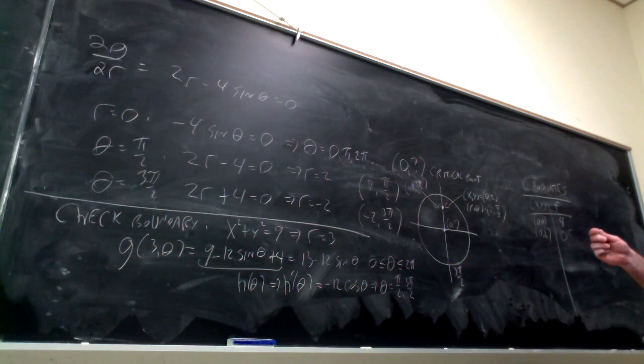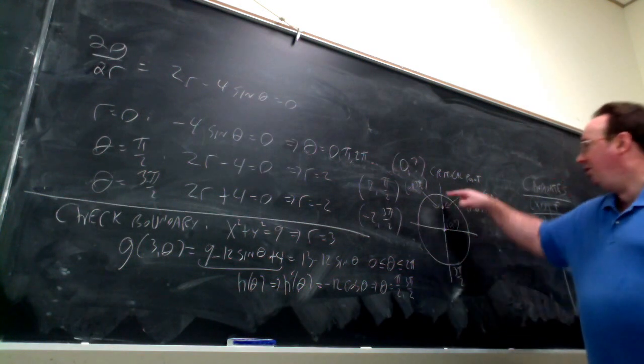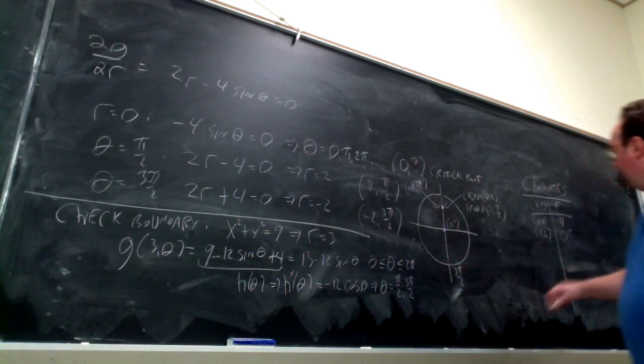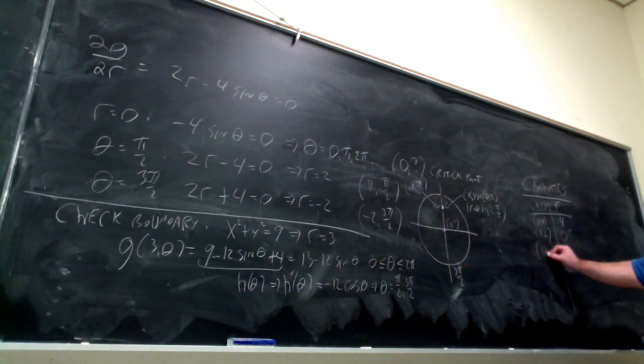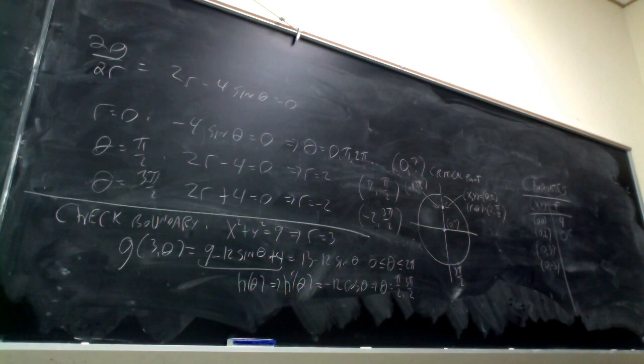Now what we can do is, which points are those? These are on the circle here and here. So our candidates are x is 0, y is 3, and x is 0, y is minus 3. So in this case, our function reduces to 13 minus 4y. So we could go ahead and plug those into the function, and we get